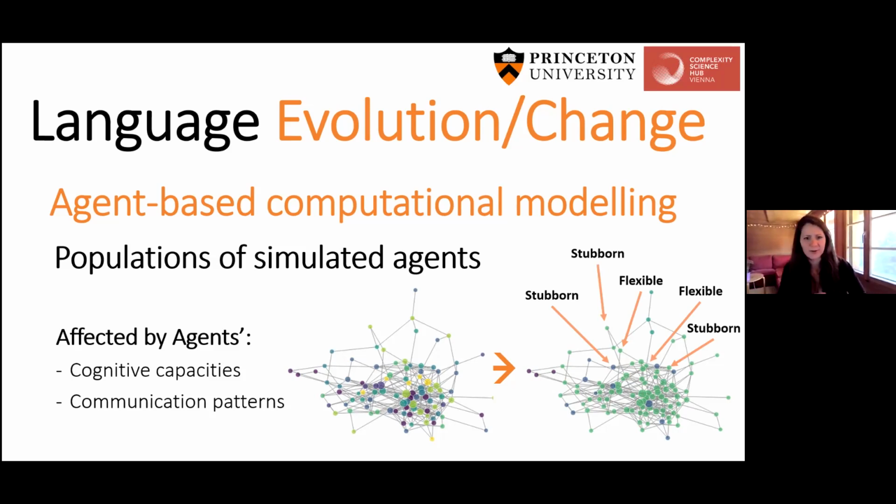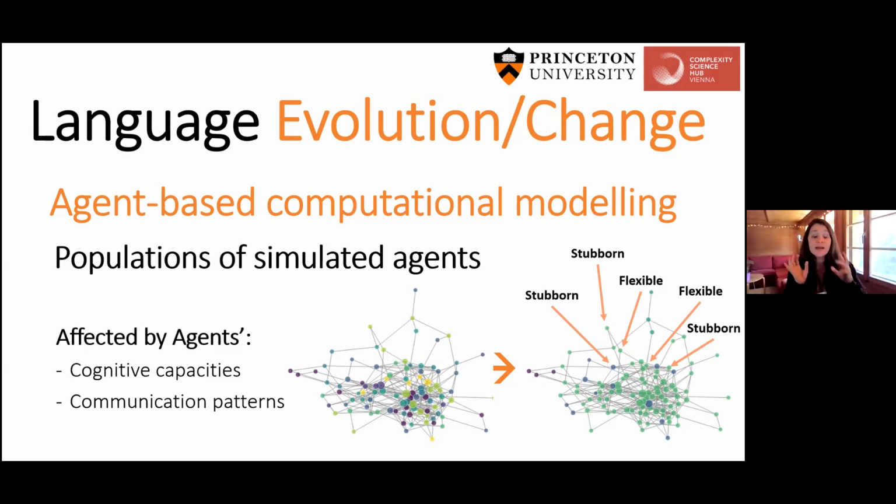own variants and their own language, this only slows down the spread of variants to the entire community, but it really doesn't stop it. So as long as agents are not 100% stubborn and can accommodate a little bit, very rarely, then the network will eventually converge on new variants. And this would probably explain why indeed languages keep on changing, even when people are quite conservative. If they even have a tiny chance of copying, that's it, that's enough.